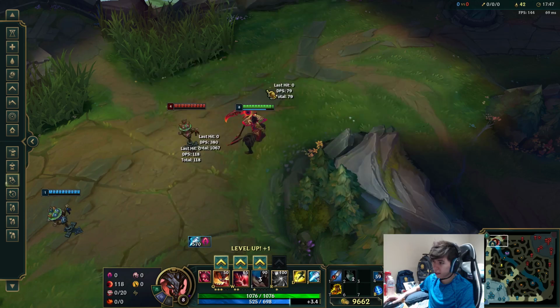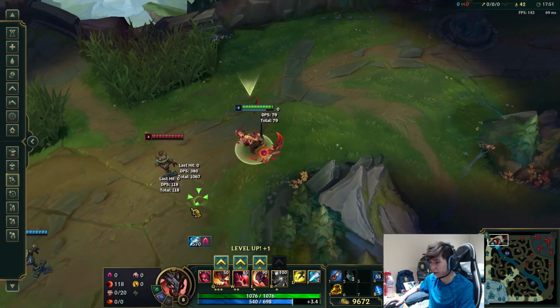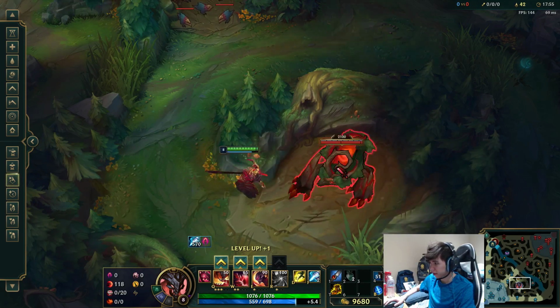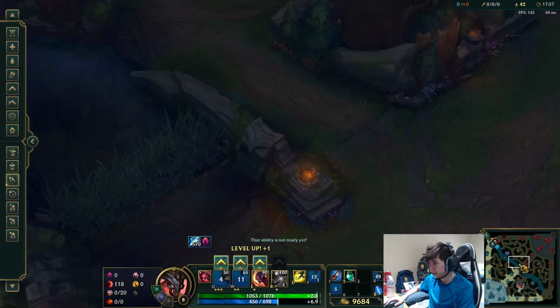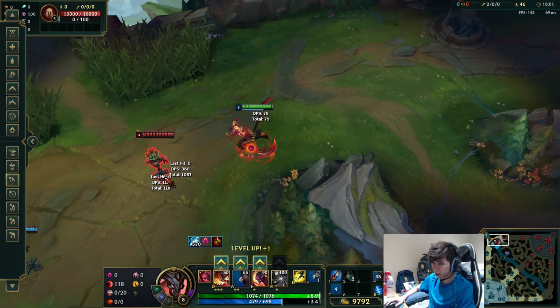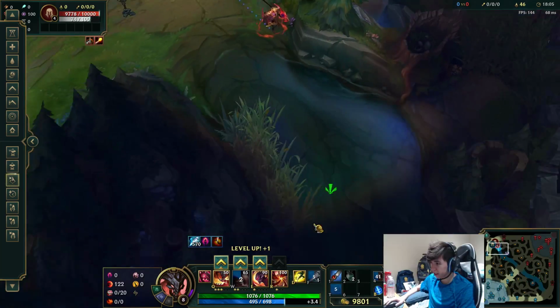If you know they have no flash, you can start off with your W. If you know they have flash, you want to start off with your autos, especially if you have red buff. So if I have red buff and I'm in this situation, then I would just walk and auto them. Why wouldn't you just walk out into the river? Because if I walk into the river,